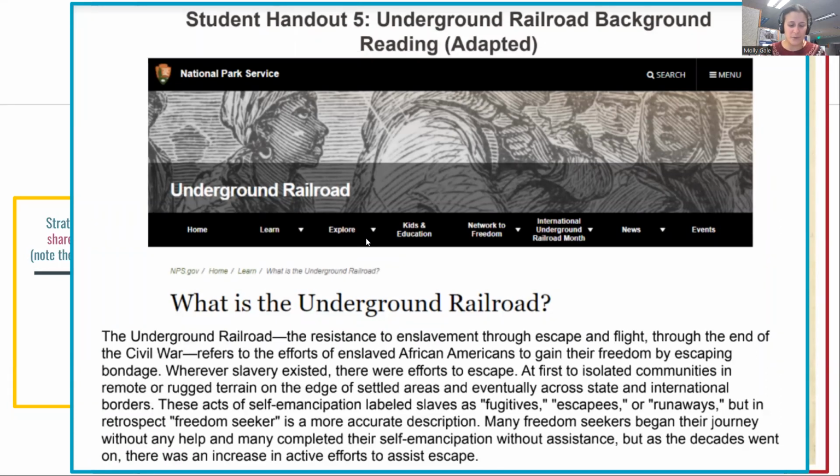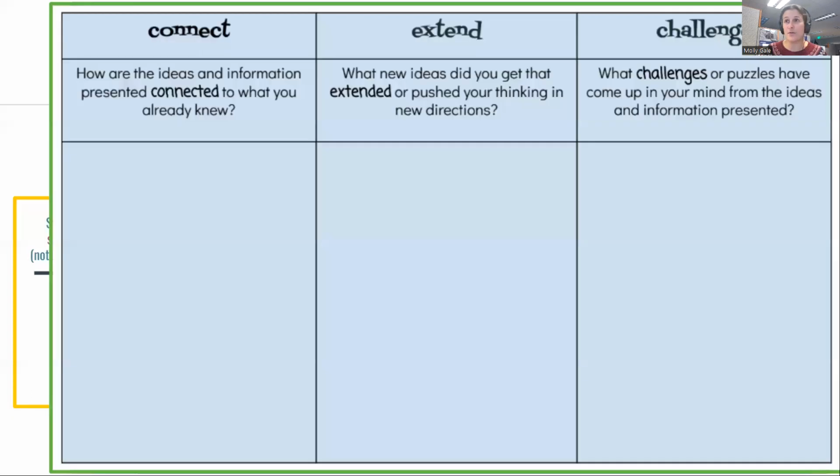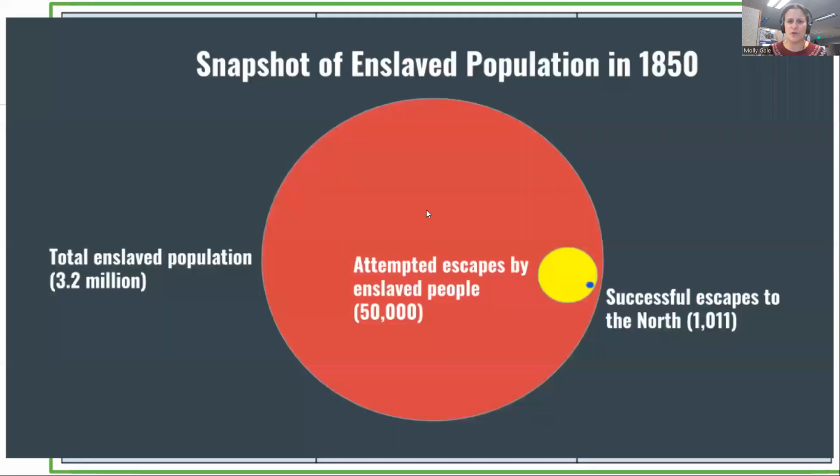and we dispel as part of that reading the misconception that the majority of enslaved people were able to escape on the Underground Railroad. That is something that students often think. They think, well, almost everybody escaped on the Underground Railroad. So we actually show them a really nice graphic to point out the fact that not only did most people not escape on the Underground Railroad, most people didn't even attempt to escape. So, obviously, for a variety of reasons,